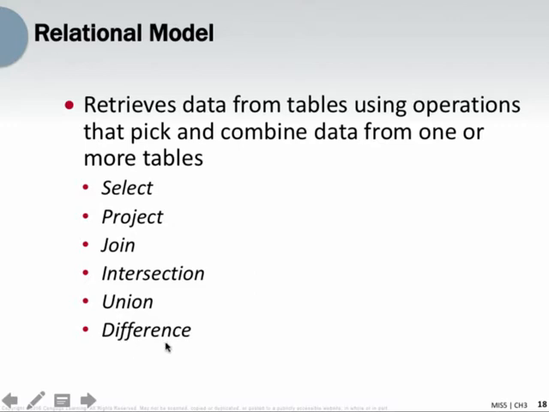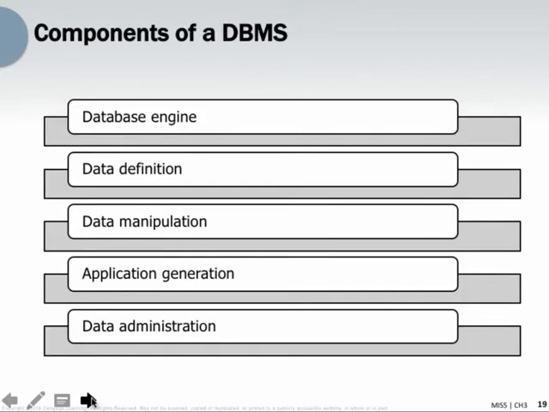So you can see that we have a good set of tools to pick and combine data from different tables in this relational model. And when we drop that into the components of a database management system, we can see that we've got an engine to run it. We've got a definition that tells us the data. We know how to manipulate it, and application and administration we haven't talked about. But you can see how this is beginning to come together, how the database is a part of that